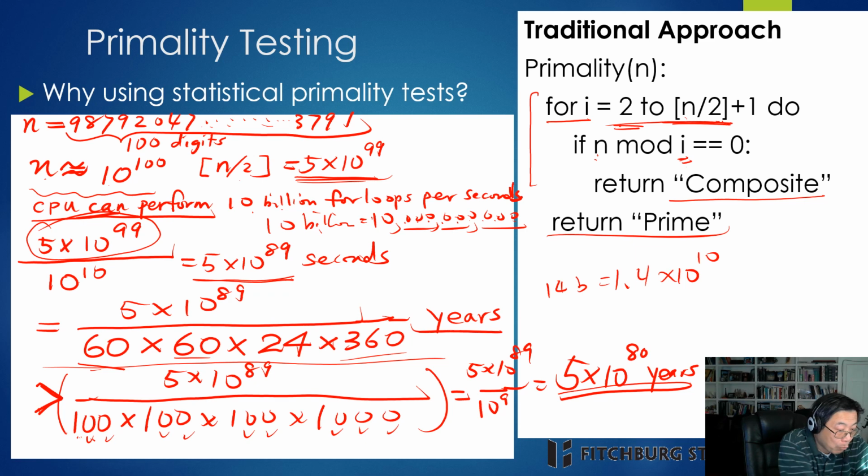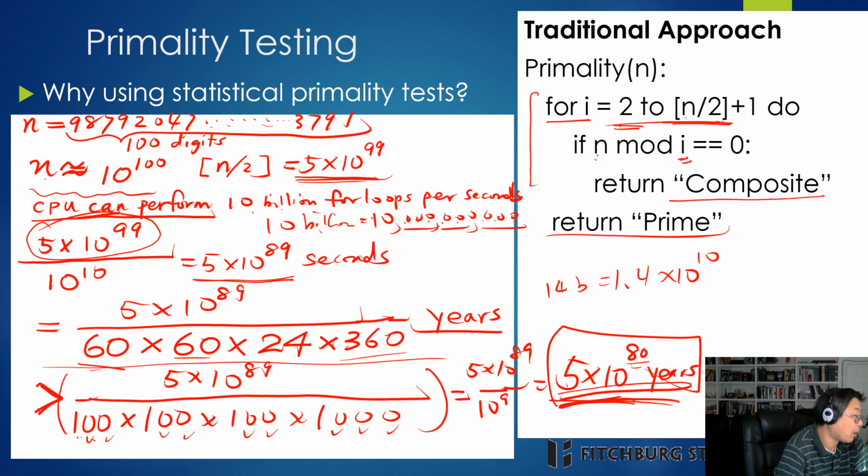Now that algorithm requires more than 5 times 10 to the 80 years, much bigger than 10 to the 10. So it's basically an impossible job, because to test whether n is a prime number, we need more than that many years. Okay, so that's the reason why we need to figure out another way to test